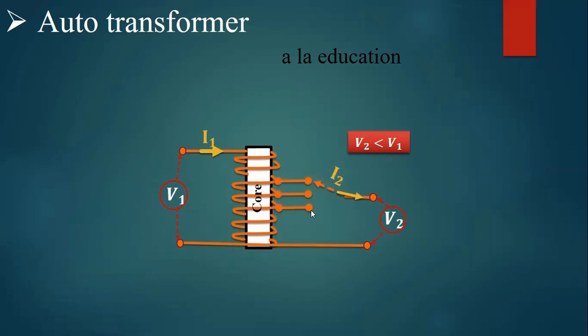That means auto transformer is used to get the variable voltage. So by changing the tap position, I can get the different voltages. So this auto transformer is mainly used in industry application, and you will also see in your labs. So this auto transformer is mainly used to change the output voltage. In 2-winding transformer, we will not get that variable voltage, but with the help of the auto transformer, we can get the variable voltage and we can do our experiments.